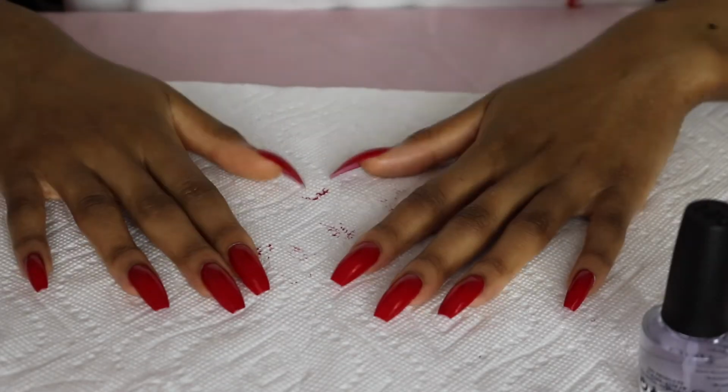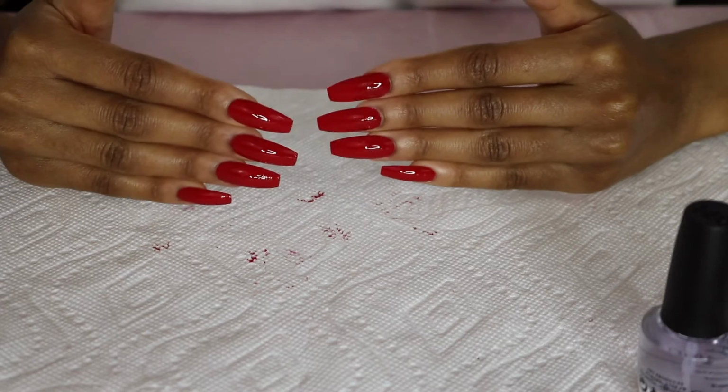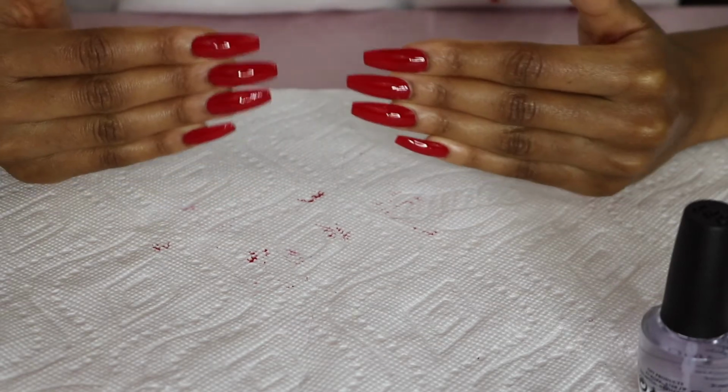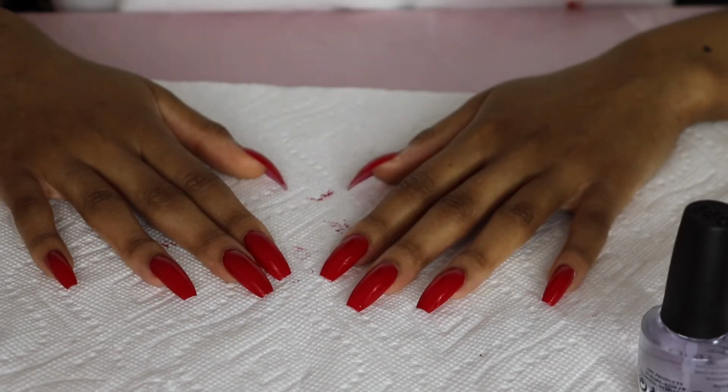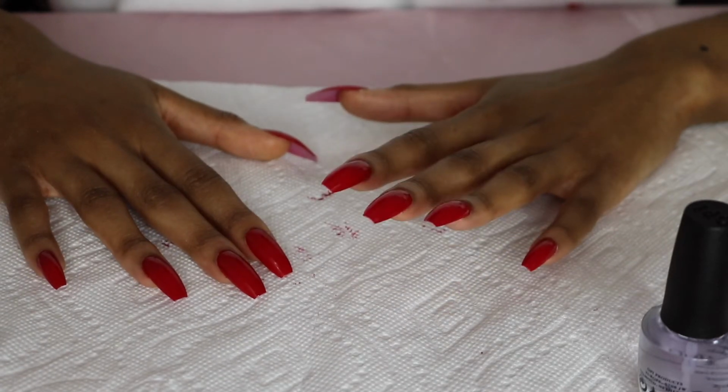Okay, so that's pretty much it. This is what my nails look like. They look gorgeous. I'm really happy, and they're really great for this Valentine's Day. So of course everything will be linked down below,